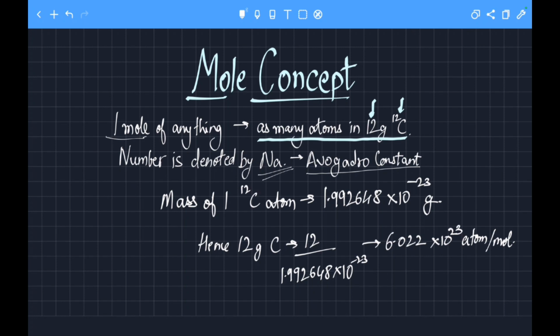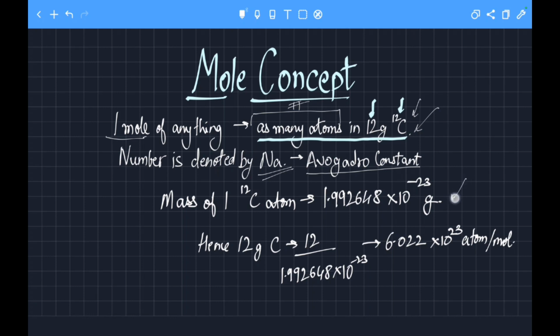Now let us see what that number actually is. So there are three things in the first equation which we want to see. First is carbon 12, that is the first thing. Second is as many atoms, this denotes a count, and in 12 grams of carbon 12. Okay, so what we can do is, first of all, let's get the mass of a single carbon 12 atom